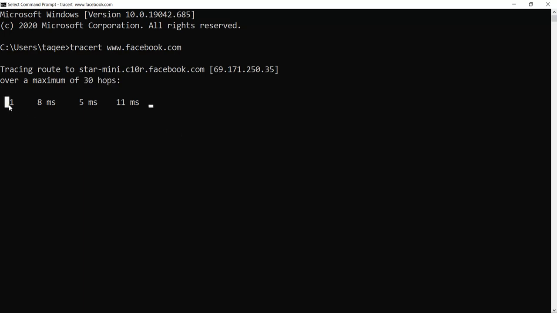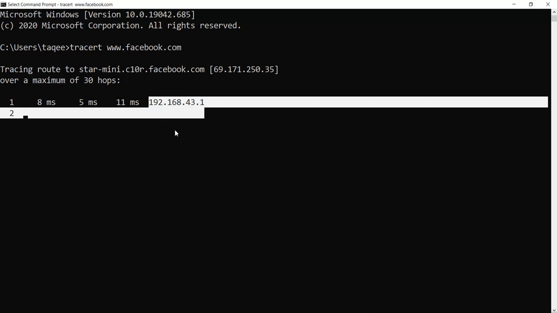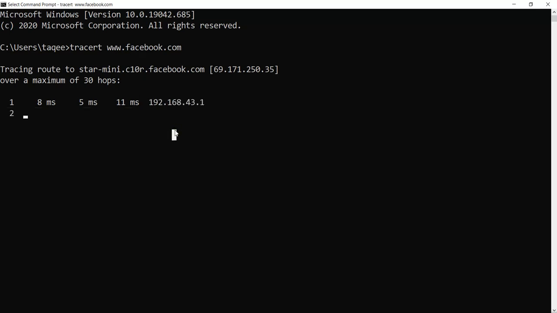And it is sending not only one request, it actually sends 3 requests for the same hop. Now first it gets this one, now it is trying for the second one. Sometimes you will get no reply because of a firewall, or somebody is blocking your ping request.